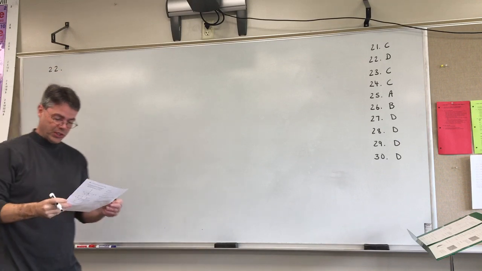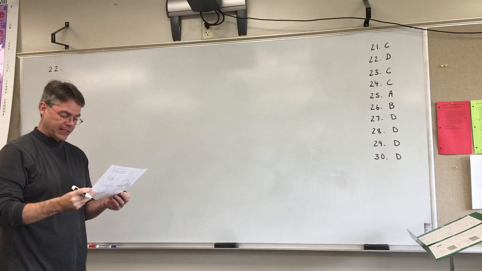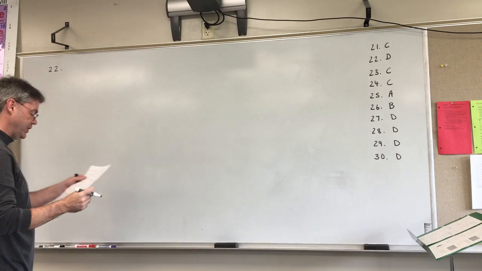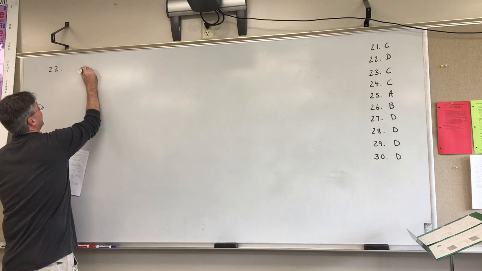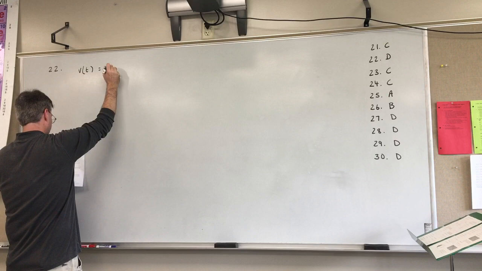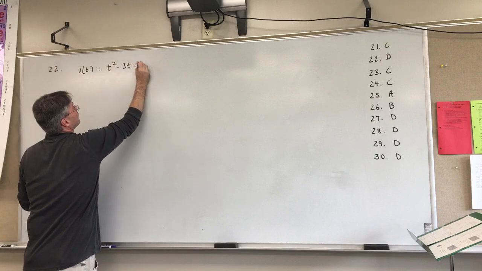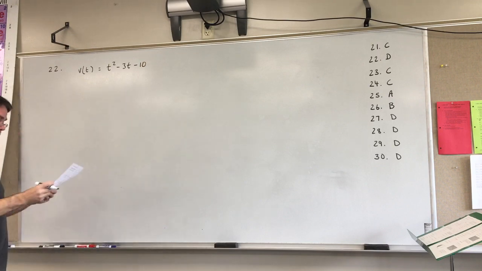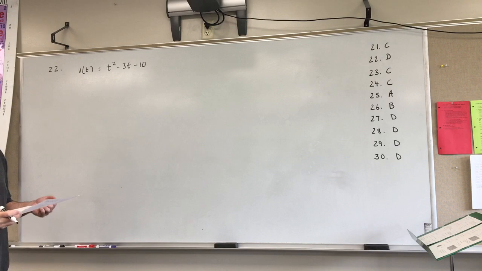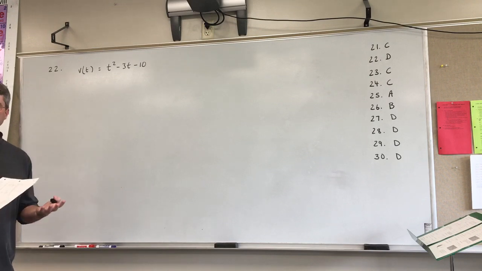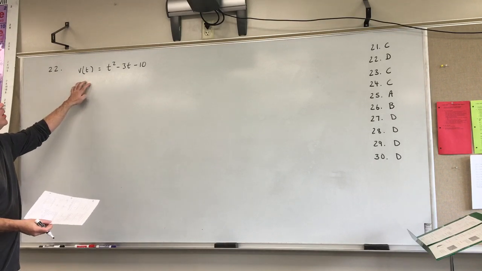Okay, 22 says the velocity function of a moving particle on the x-axis is given by v of t equals t squared minus 3t minus 10. For what positive values of t is the particle speed increasing? Okay, whether a particle speed is increasing depends on the acceleration. So we're going to need to get the acceleration, but